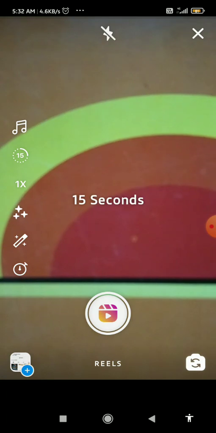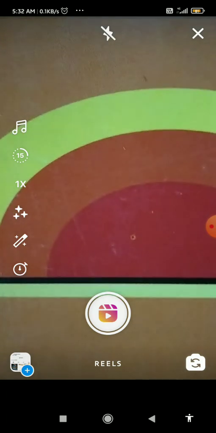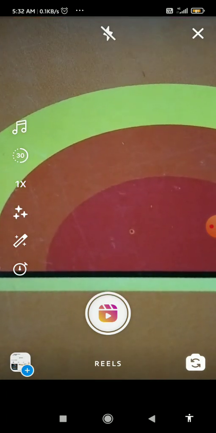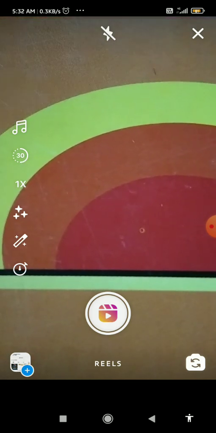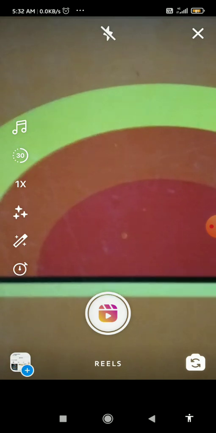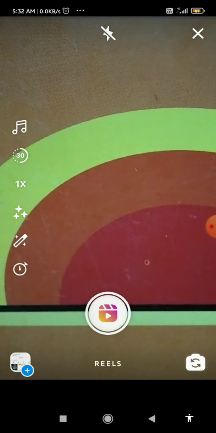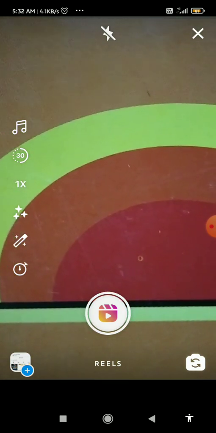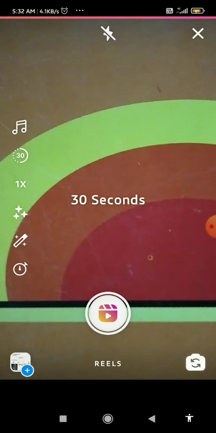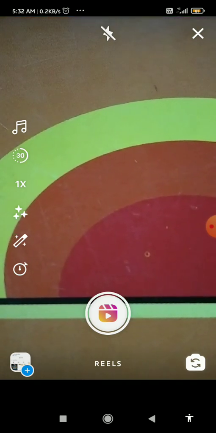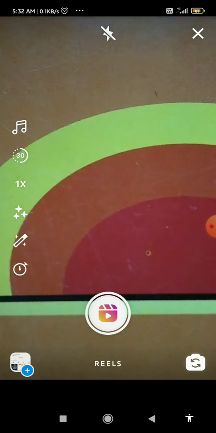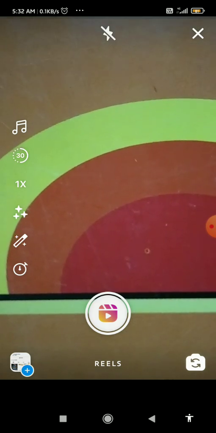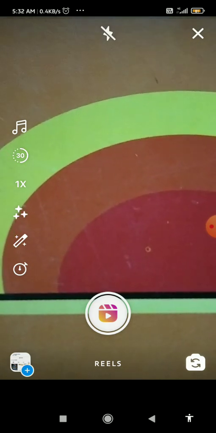And you can't upload longer videos than 30 seconds, so you have to upload the videos only on the 50 seconds or 30 seconds. And you can change this 15. You can upload longer videos by clicking on the 50 seconds, and now you can upload the videos to